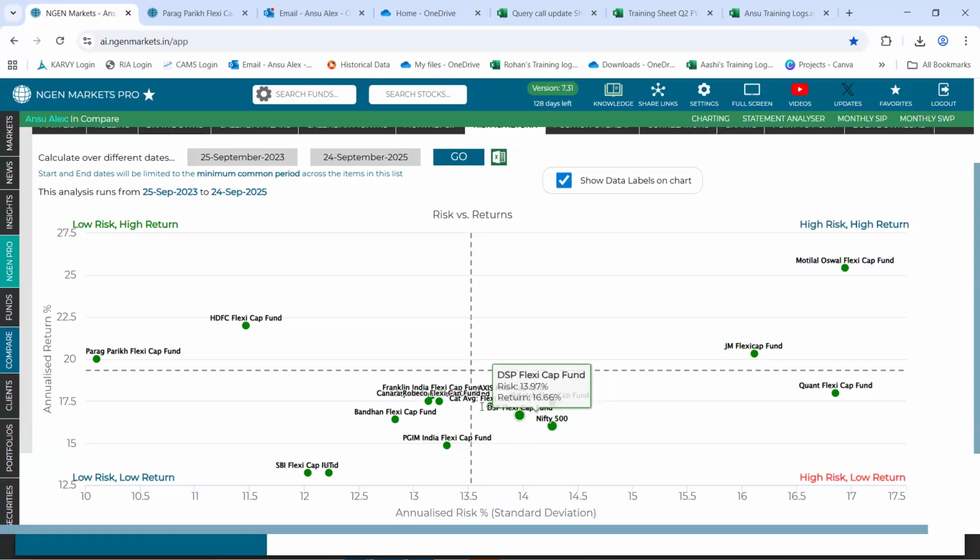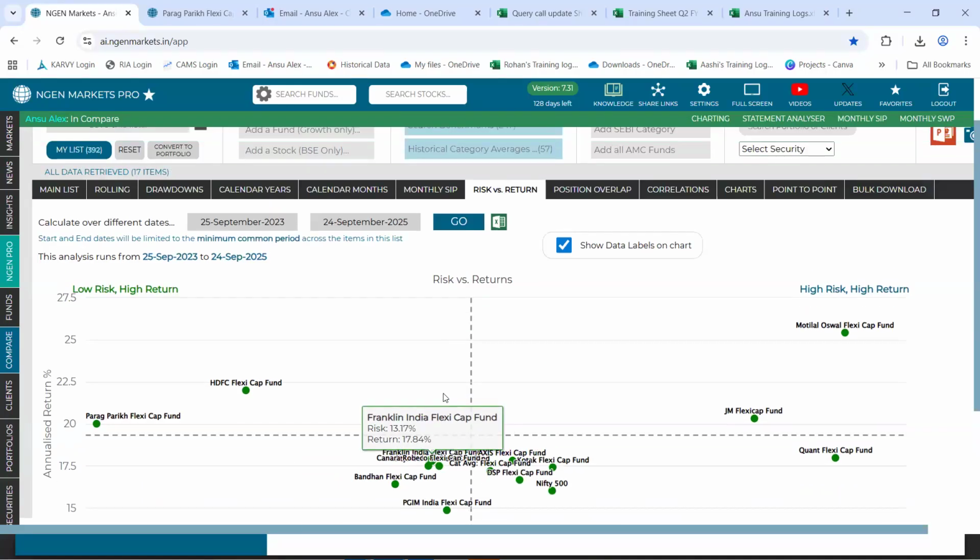And if we focus on the majority of funds, we can see that they are plotted towards this central section of the scatter plot. They are generating lower return, and at the same time they are taking a moderate level of risk, is what we can understand.